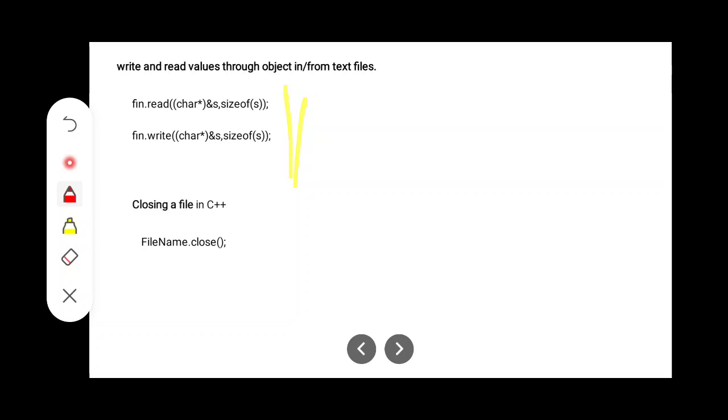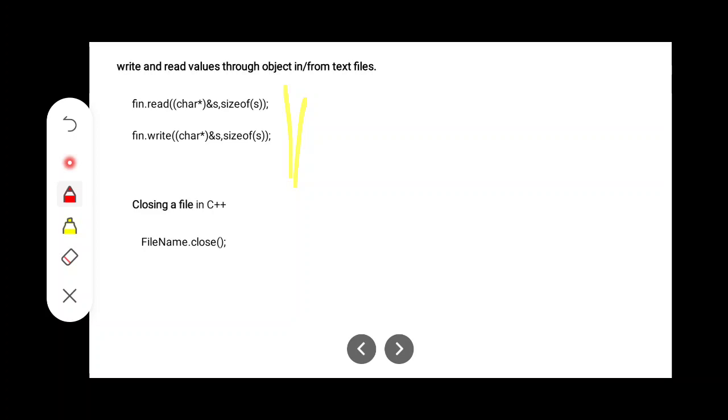This is the typecasting of the object into a character pointer. Then there is ampersand s, which is the memory address of object s. Then size of object, that is size of s,